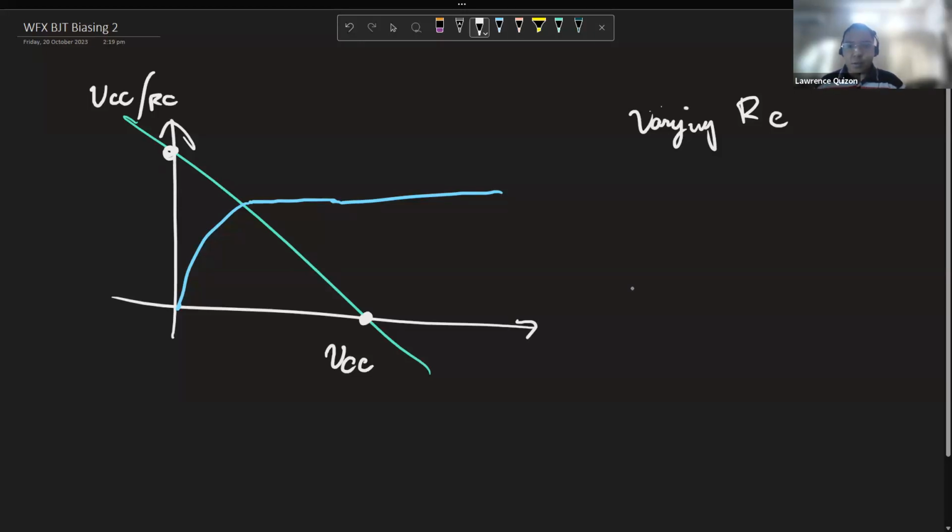Right? So when we vary RC, we don't really affect the biasing of the BJT,